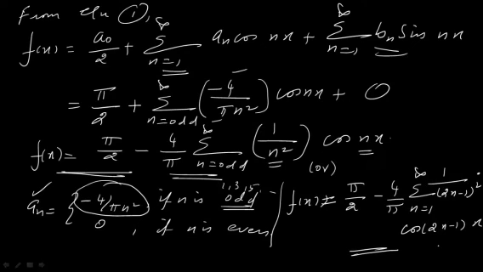Hope you got a clear idea about how to expand the given function as a Fourier series in the given interval 0, 2 pi. So instead of giving the function as a single function in the whole interval, if the given function is in terms of split intervals, then how can we expand the given function as a Fourier series? Hope you got a clear idea about this in detail.